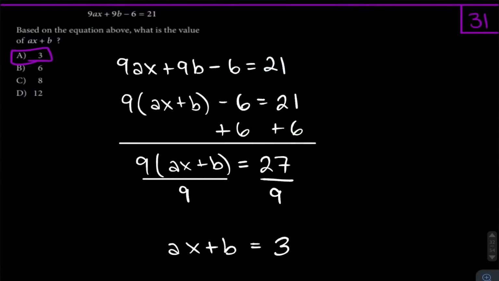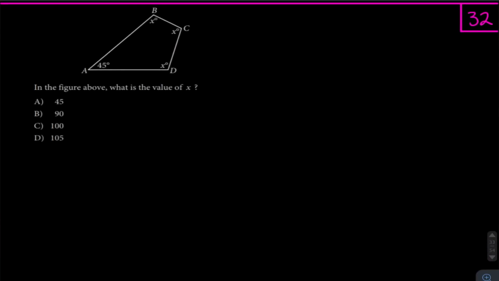Okay, so just try not to think of this really that much differently than solving for a single variable, right? The only real difference here was that first we had to actually get this expression together, right? And we could do that by factoring out the 9s here. And then we were able to isolate it just like we would for any other variable, okay? So that's problem 31. Moving on to problem 32 here, it says in the figure above, what is the value